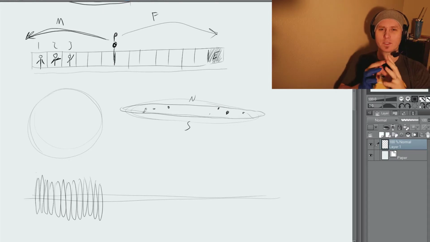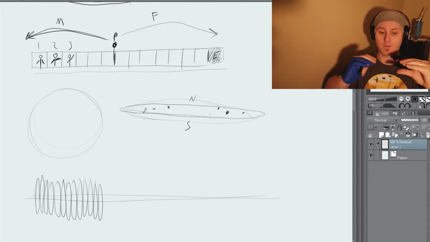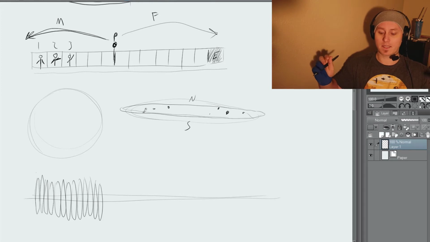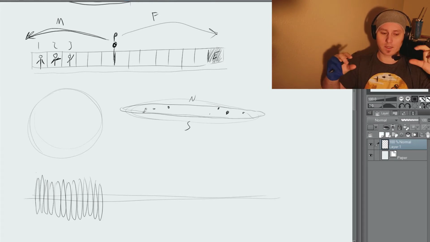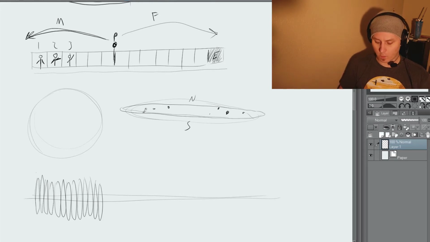I know a lot of people think of the universe as a sphere. I used to think that way too, until I started studying physics and learned, oh wow, it's not a sphere. The mathematics shows that it's actually very flat. Flat in the sense that it's more like a pancake. It still has depth anyway. And so those are the shapes I'm drawing here. That's the shape of the whole universe, at least from a